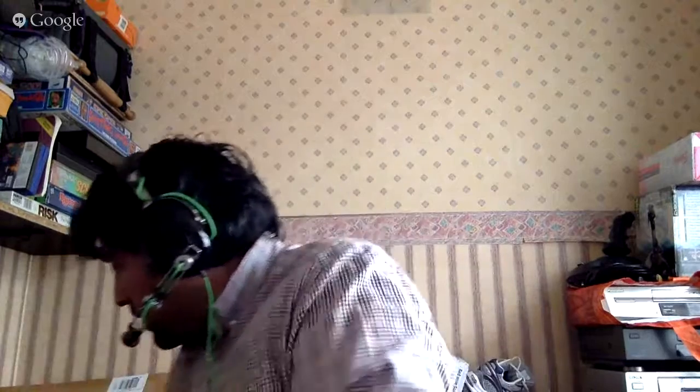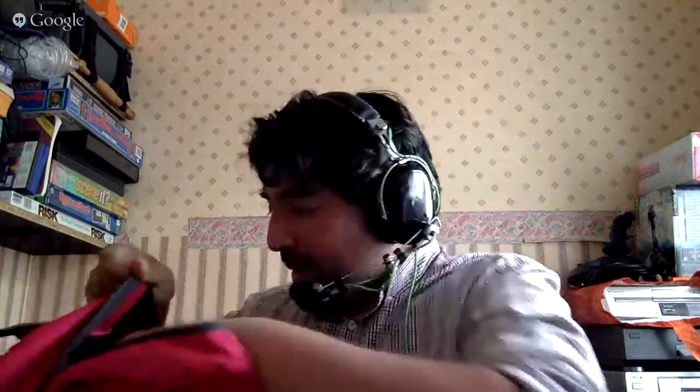PS2 controller, DualShock, picked that up for not much money, about 50p a pound. Got some wrestling figures in there, which is pretty cool. Okay, I'll show you. I'll pass on those. Let's have a look. I do apologize. I've been shoving things in bags just to try to organize it, so just getting all the bits out is